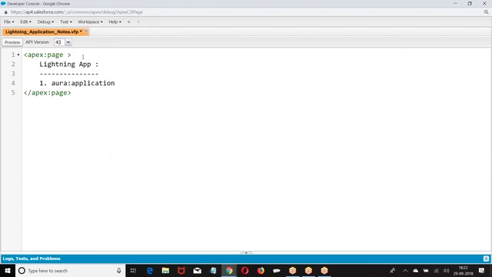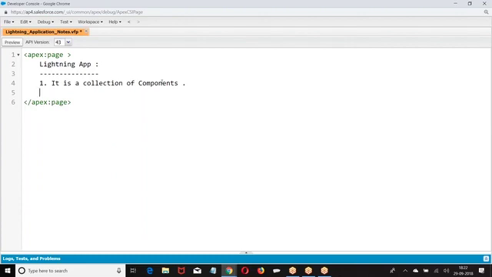Right. So what was that? Lightning application. What was this Lightning application? First let us take Lightning application. It is a collection of components. What is your classic application? Generally, in a classic application, what we say?